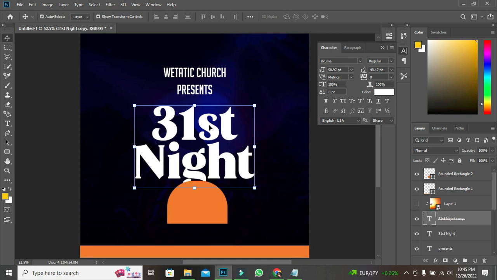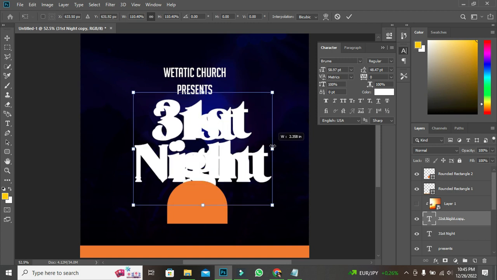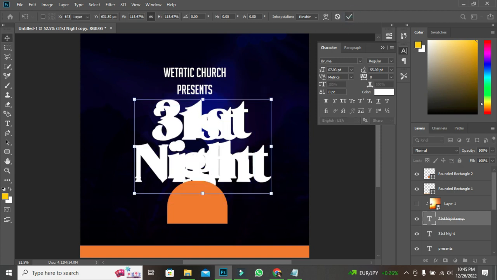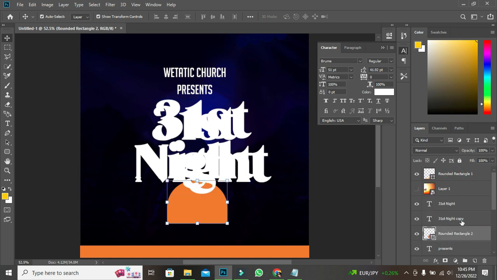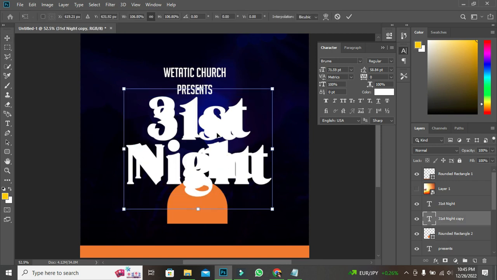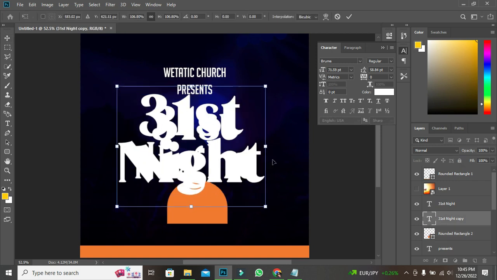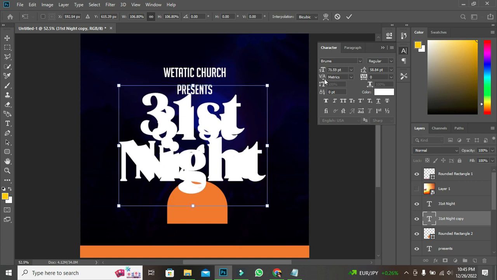Once I'm done, I have to increase the size of that text and then bring it a little bit up and then the original 31st night text like this. And then I have to bring this from the rectangle down like this. Bring this upon it and just position it very nicely like this. Like this, and then position